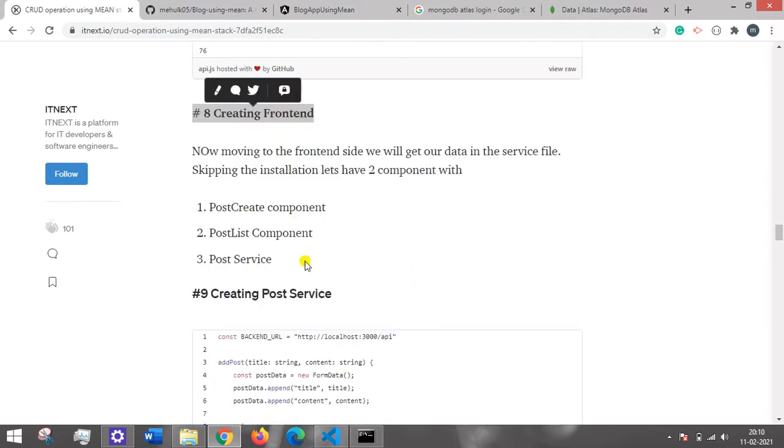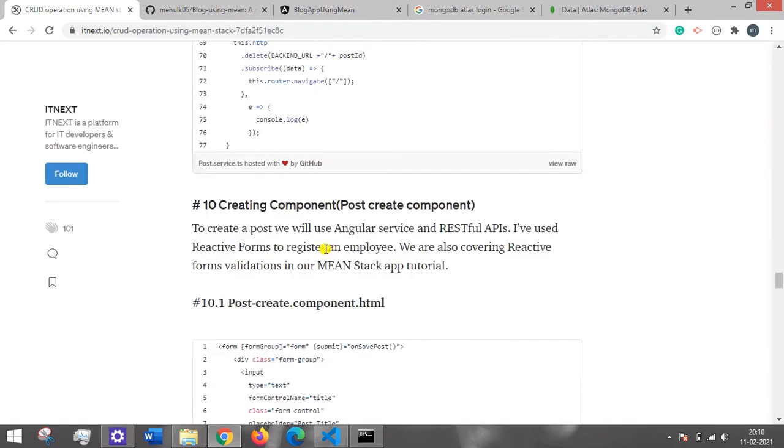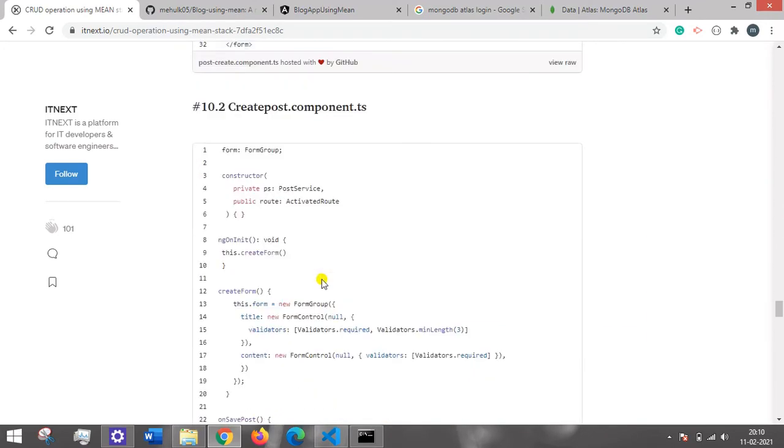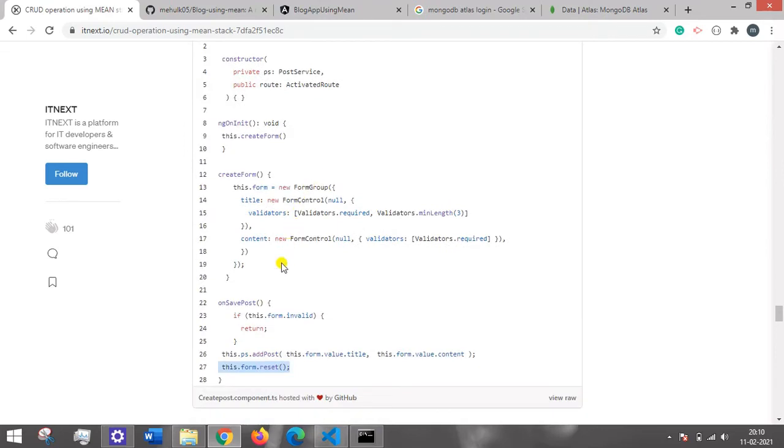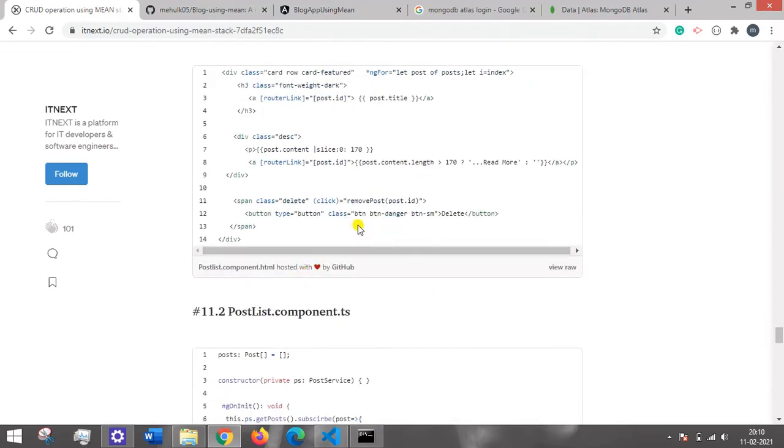So here is our backend. In the backend URL, we are using localhost, so you need to have the server up for the backend as well. Once you make a request for the backend part, the request goes to the database and you get the data. So here is our post data for our front end.